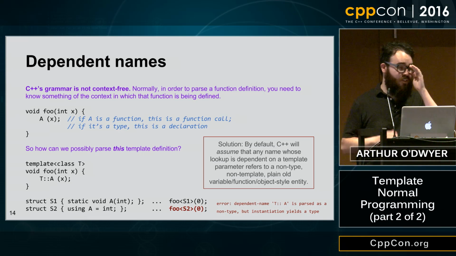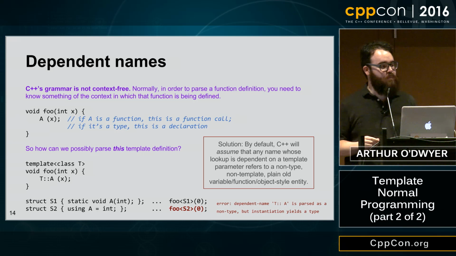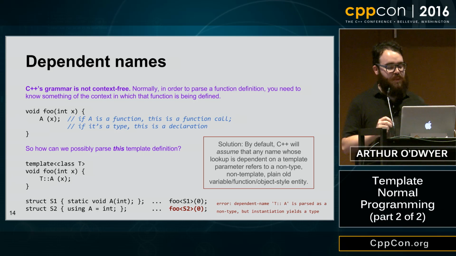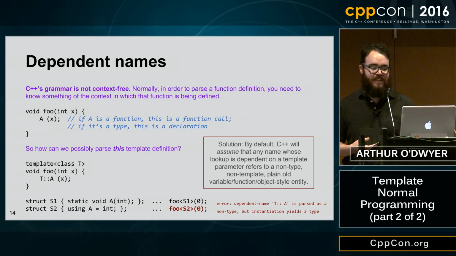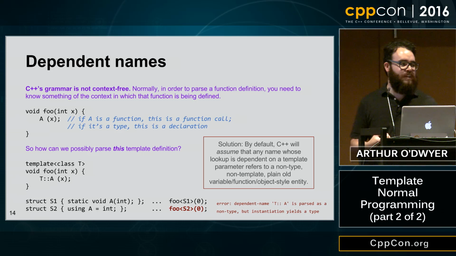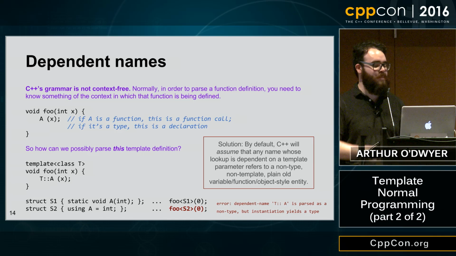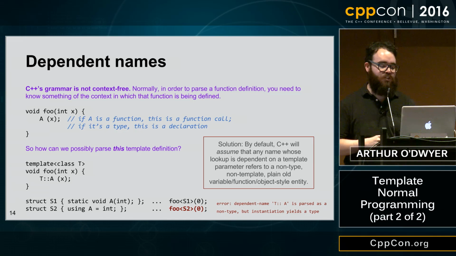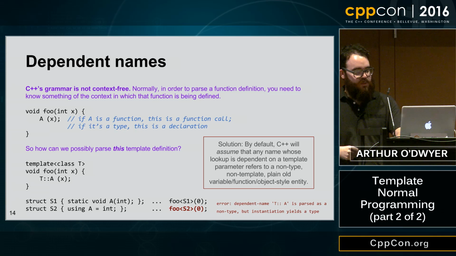That's too much work. So we're just going to assume that any name that depends on a template parameter refers to a non-type, non-template, plain old entity. It's going to be a variable or a function, but it's a noun. Well, type is a noun too, but it's not a type. It's not going to be a type or a template or any weird thing. It's going to be a regular old, the normalest thing you can imagine. So in this example,